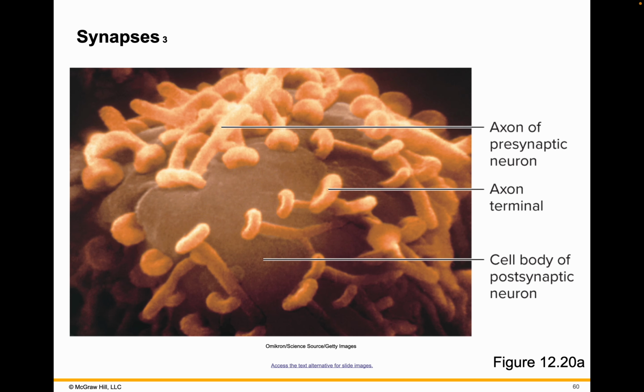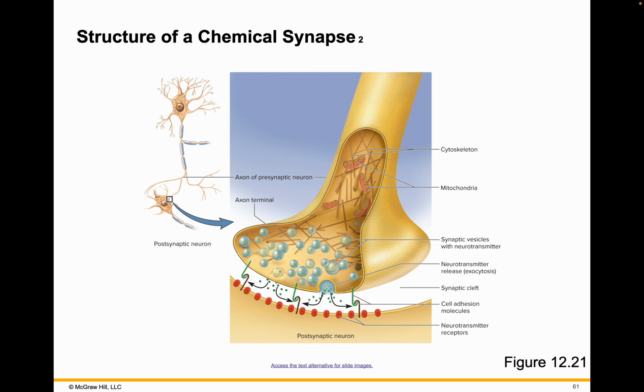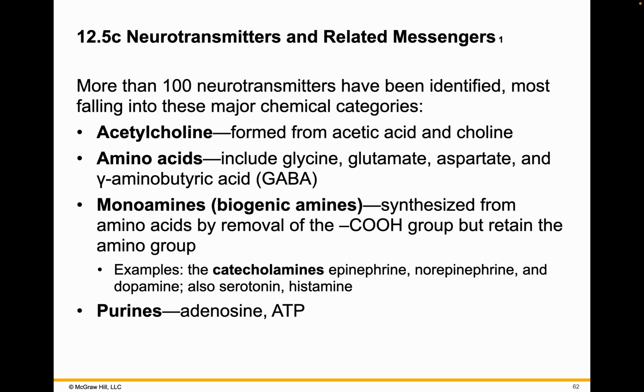Here is a micrograph. We see the presynaptic neuron connection and the postsynaptic neuron cell body. And if we looked at it from an artist's point of view, we see this. We have lots of vesicles ready to dump neurotransmitter and lots of receptors for those neurotransmitters ready to respond to that neurotransmitter. There are more than 100 neurotransmitters identified. Most of them fall into